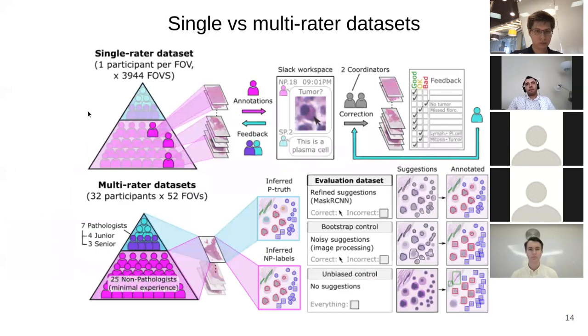So I already explained the panel on the top here, which is the single rater data set. Another way that we ensured quality is using a lot of control experiments. In our control experiments, we would have the same slide be annotated by everybody, or at least as many people as possible, both the senior people as well as the junior or the non-experienced